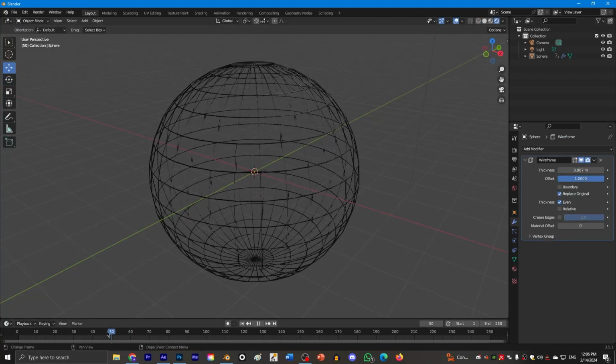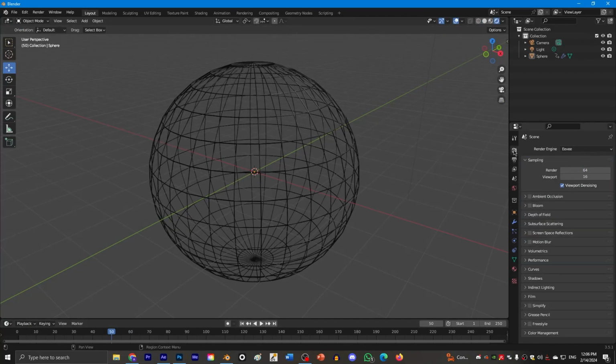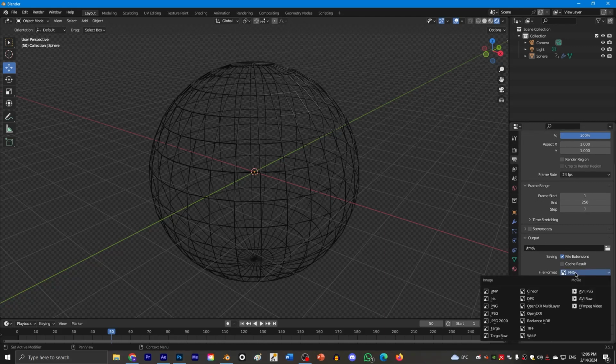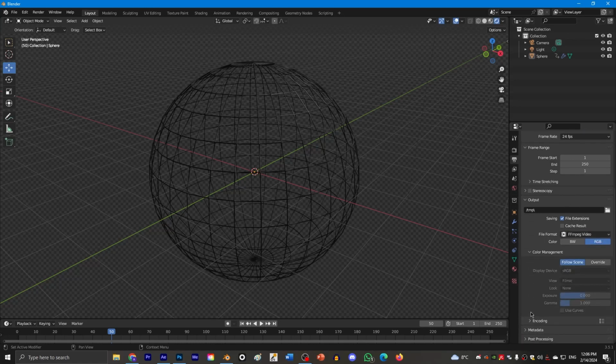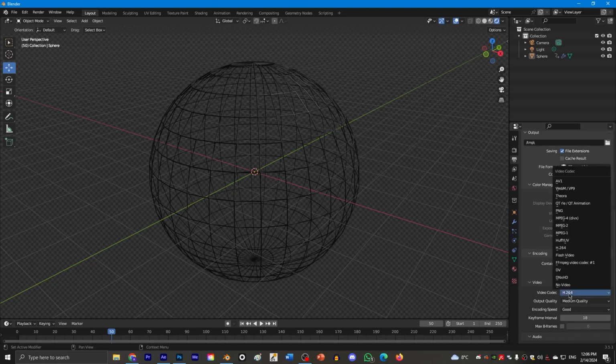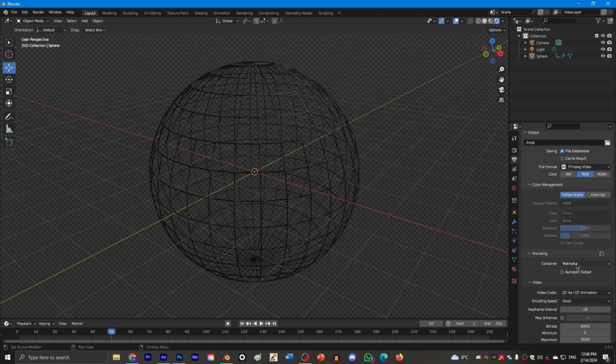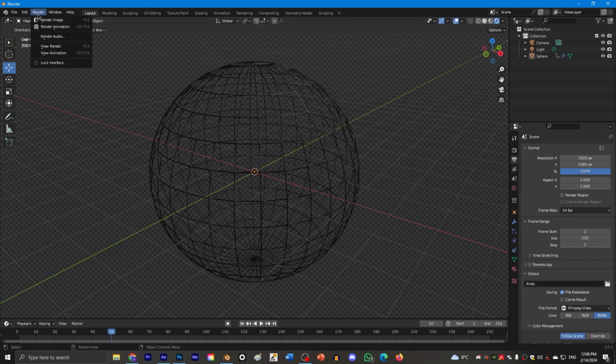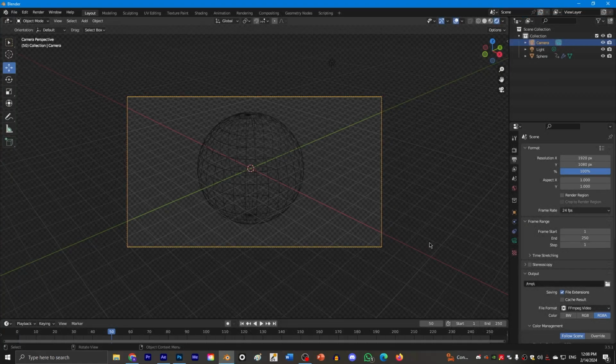Now for rendering the animation in Blender, go here, go to Film, select Transparent. Go over here, choose FFmpeg Video. Go down here, choose the animation thing. Over here choose QuickTime, and up here choose RGBA so you can render a transparent background. Then go to render animation. And this is everything that I could show you in this tutorial.